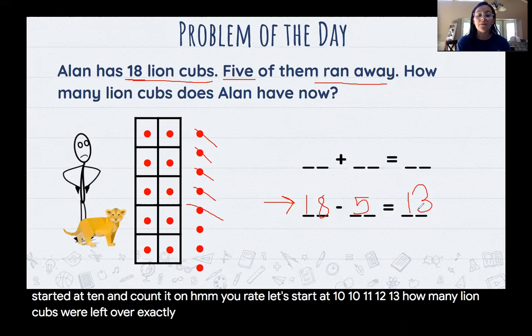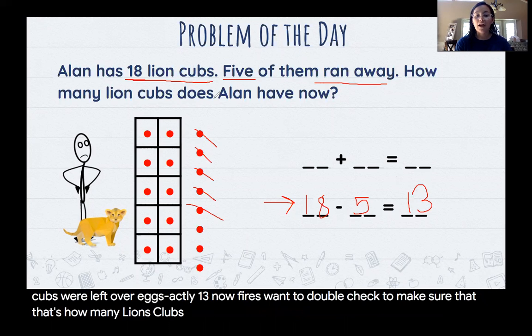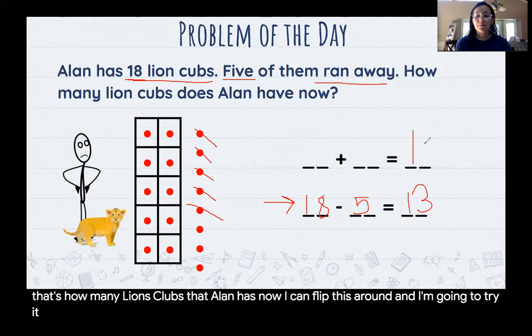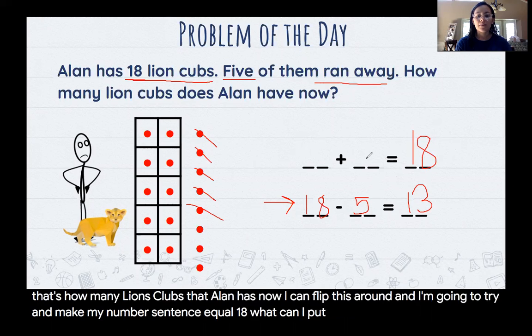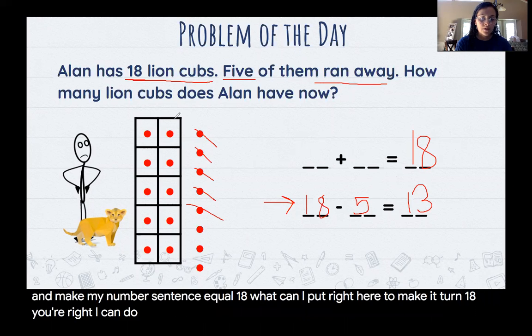Exactly, 13. Now, if I just want to double check to make sure that that's how many lion cubs Alan has now, I can flip this around and I'm going to try and make my number sentence equal 18. What can I put right here to make it turn 18? You're right. I can do 13 because there's 10 and 3 ones right here,